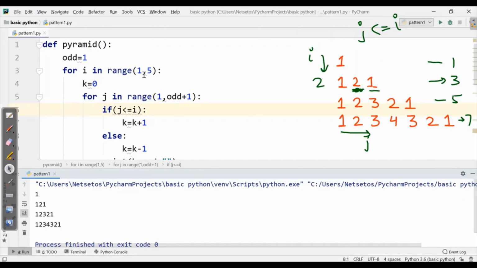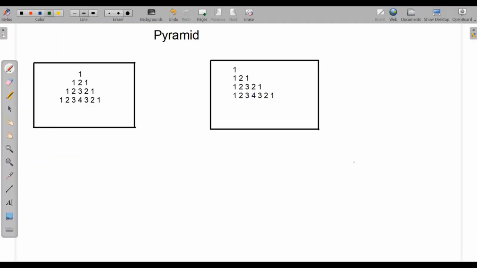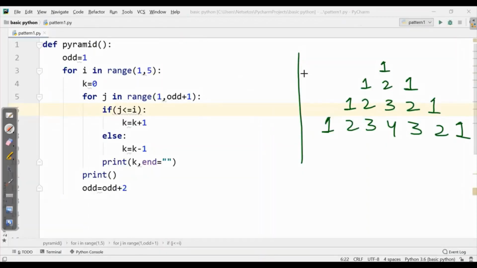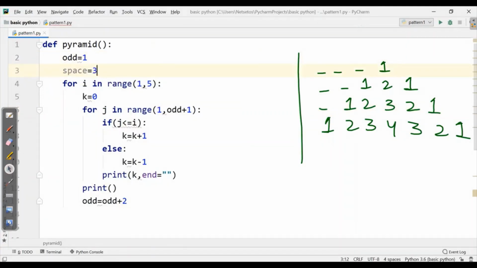Now let's see spaces also. So for spaces, first we have 3 spaces over here, then 2 spaces, then 1 space. I'll write this code here. So I'll take a variable space equal to 3, as initially we need 3 spaces over here.